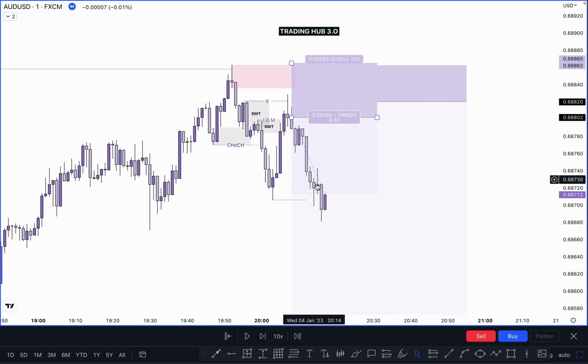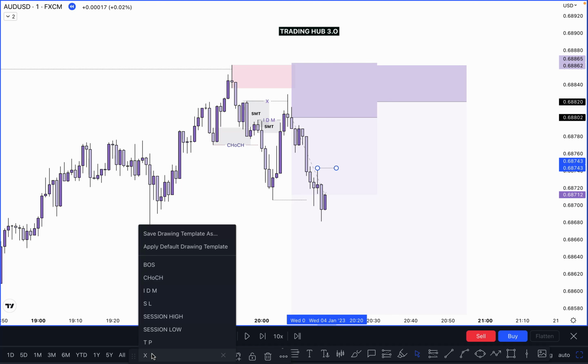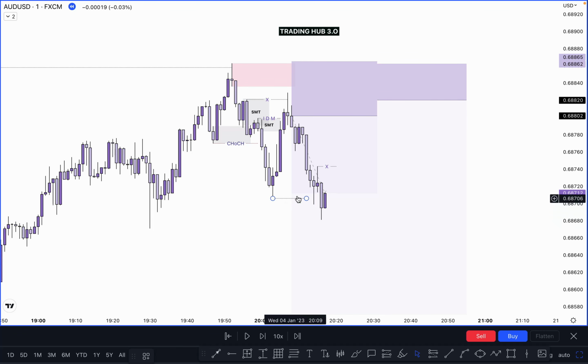So in this leg, where is our inducement? Inducement is here, right? Because this one is our first pullback right now, and maybe the market can create more moves to the downside to create a new inducement. So at the current price action, this one is our inducement, and where is our unmitigated order block in this case?